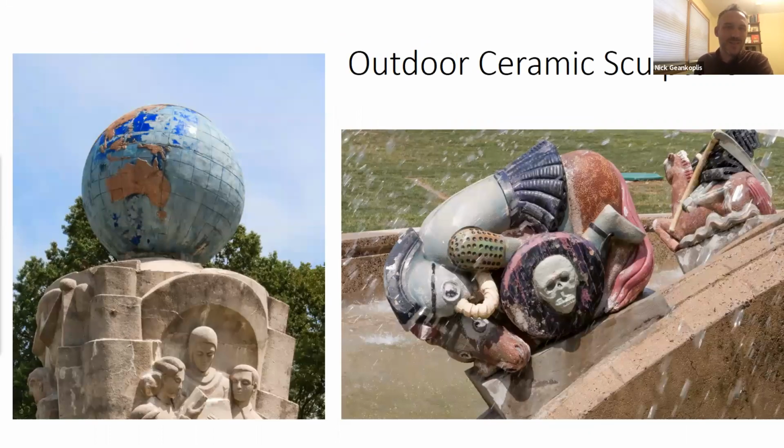So, outdoor sculptures in ceramics. I think that some might say that this is the pinnacle of alchemy and creativity. And then adding water to the equation makes it even more challenging. So Light Dispelling Darkness, in my mind, is likely one of Waylande Gregory's most challenging sculptures, certainly from a technical ceramics perspective. It's certainly not as large as some of his murals, but it really comes with its own set of challenges. In particular with outdoor ceramics, they have to be fired to a very, very specific temperature,